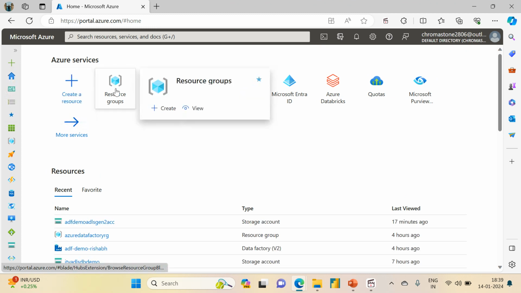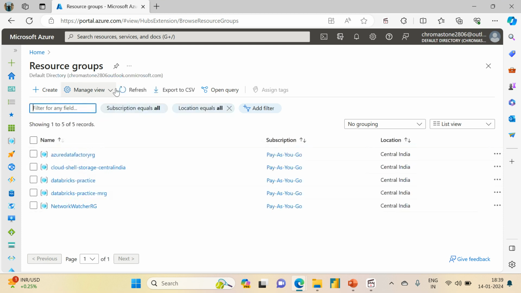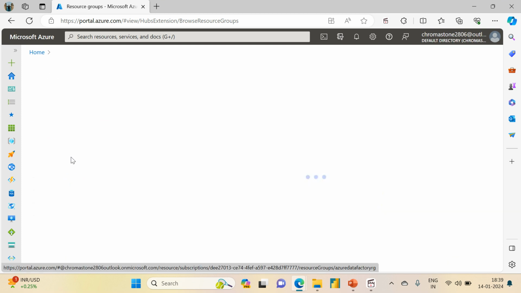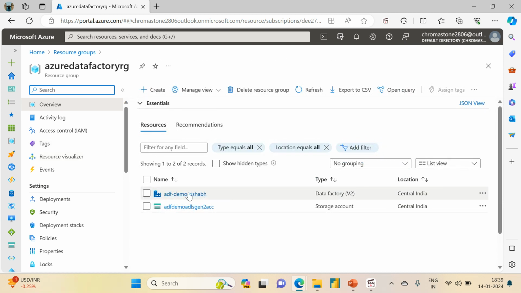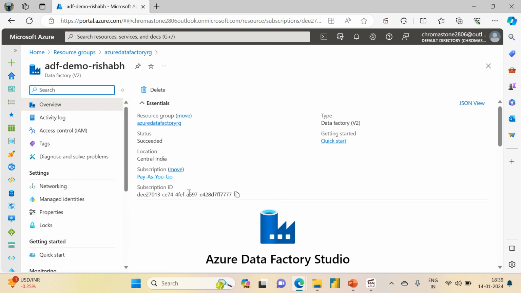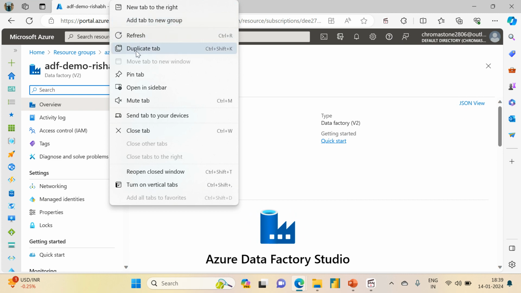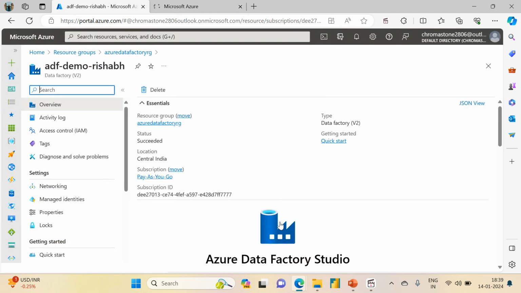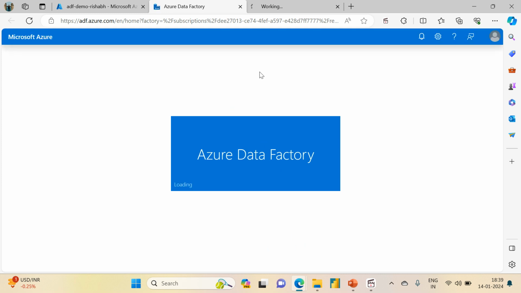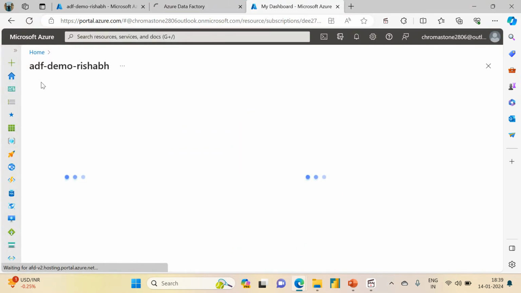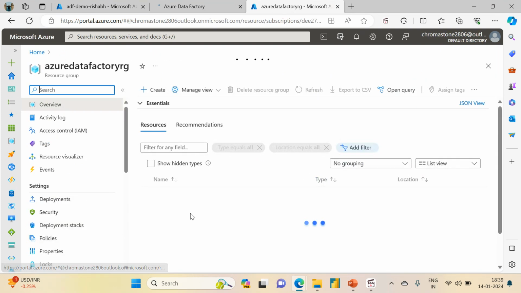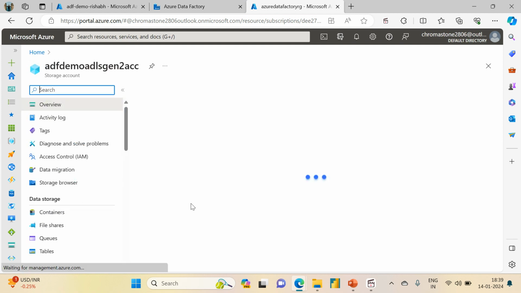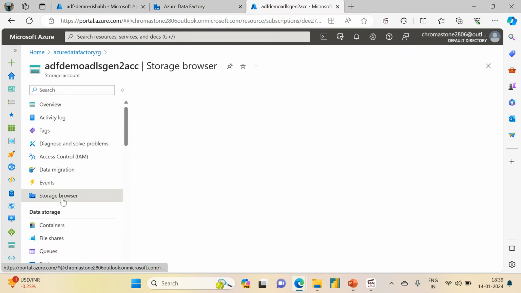So we are now in our Azure portal. We will go to Azure resource groups. We are using the Azure Data Factory resource group, and in this we are going into our data factory. Let me just duplicate this in order to open our data lake as well. In the meantime, let me go into my data factory. Fine, let's go to home, go to resource group and open our ADLS Gen2 account. Fine, let's go to storage browser